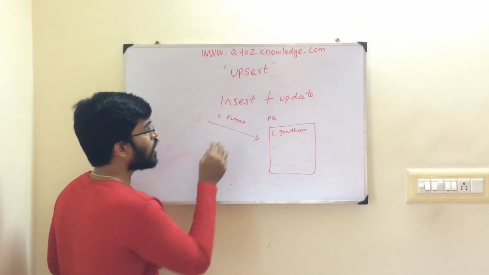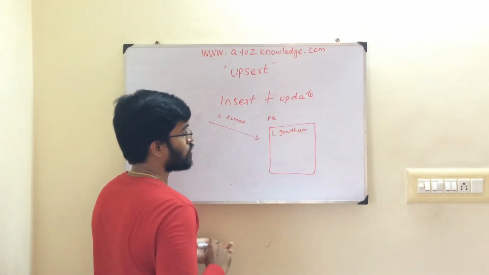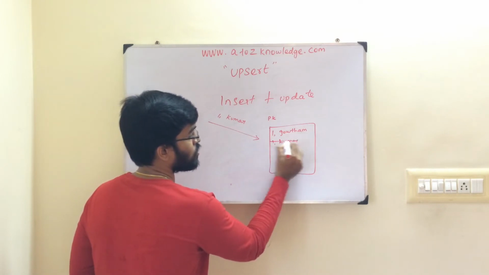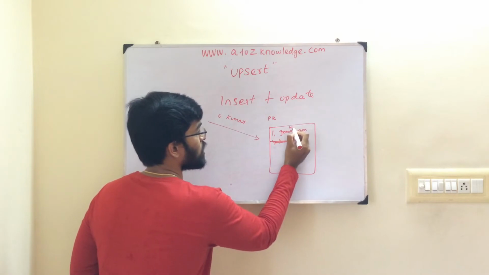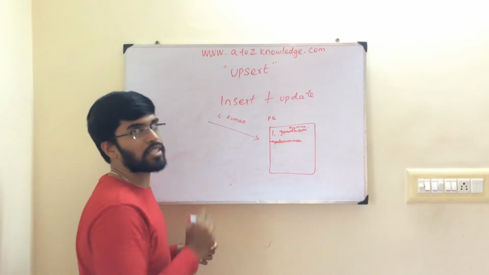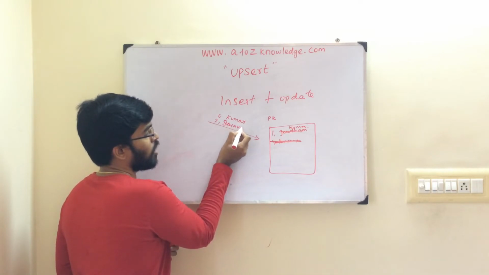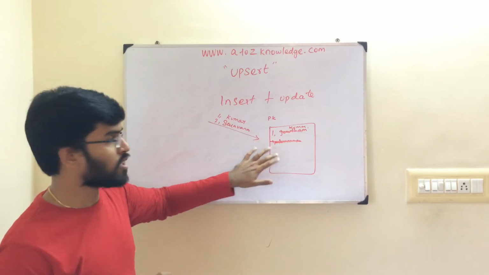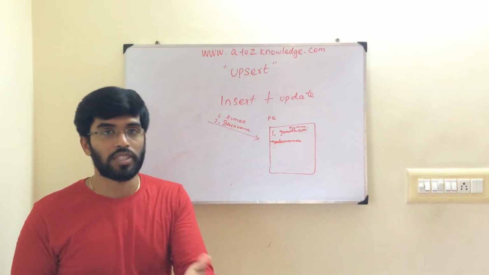So what do I have to do? I have to take the record and update it here. It should not come in as a new record. This record should remove Gautam and replace it with Kumar. This is correct. Now there is another record, 2, Saravana. This 2 is not present in my base table. There is no key called 2, and that means this is not an update, this is an insert.